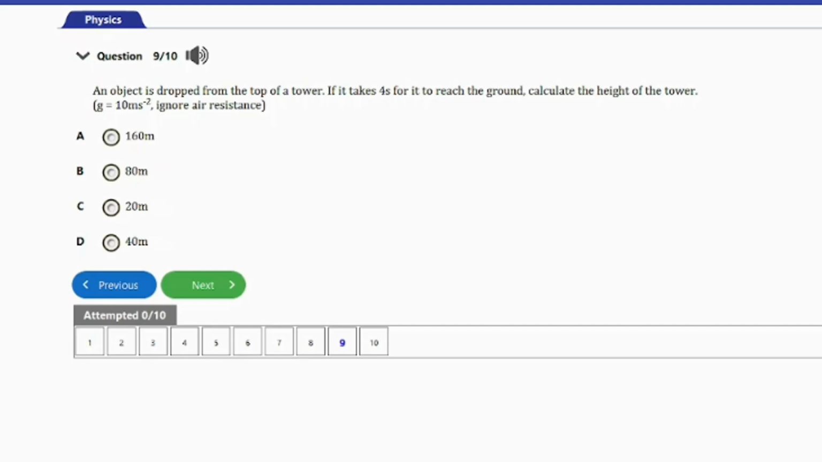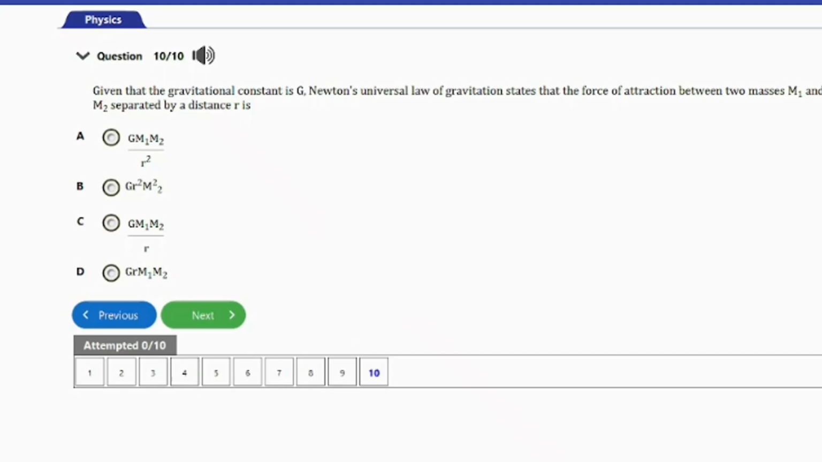So let's go ahead and consider the next question, guys, and that's the last. So guys, the question here says, given that the gravitational constant is G, Newton's universal law of gravitation states that the force of attraction between two masses m1 and m2 separated by a distance r is A, G into m1 m2 over r squared, B, G into r squared m squared 2,